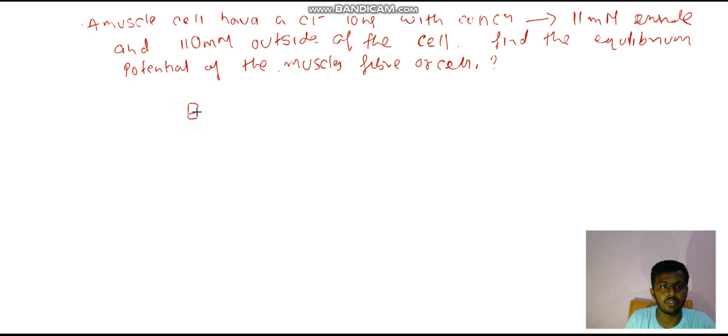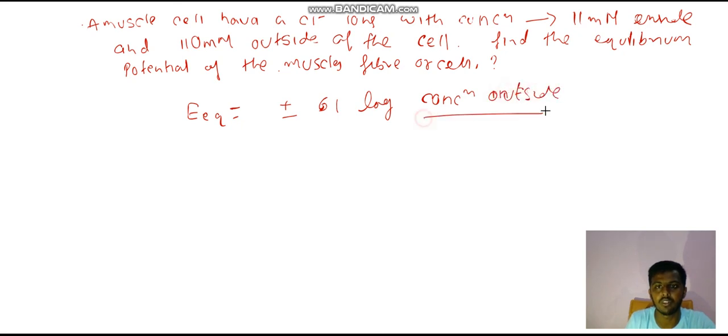So equilibrium potential is equal to plus minus 61 log concentration outside by concentration